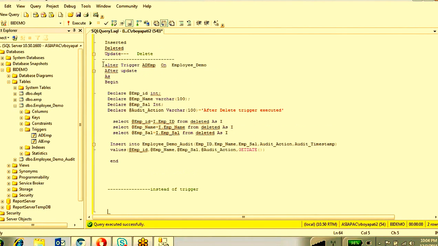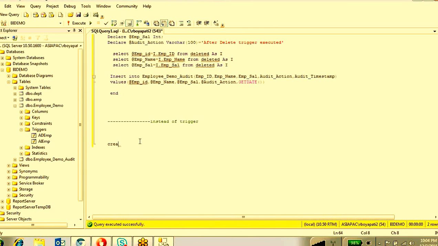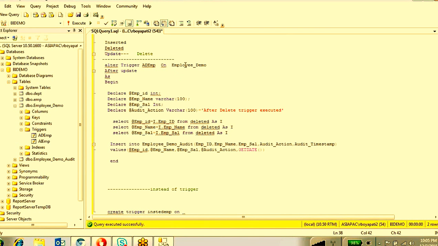I'm going to use the same trigger, or else I can write it down. So create trigger. The trigger name I'm going to give is instead of emp, you can give any name, on the table, this table.